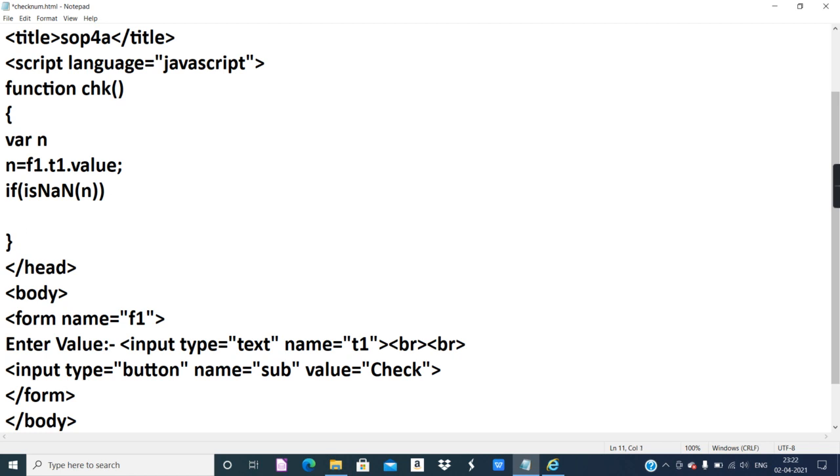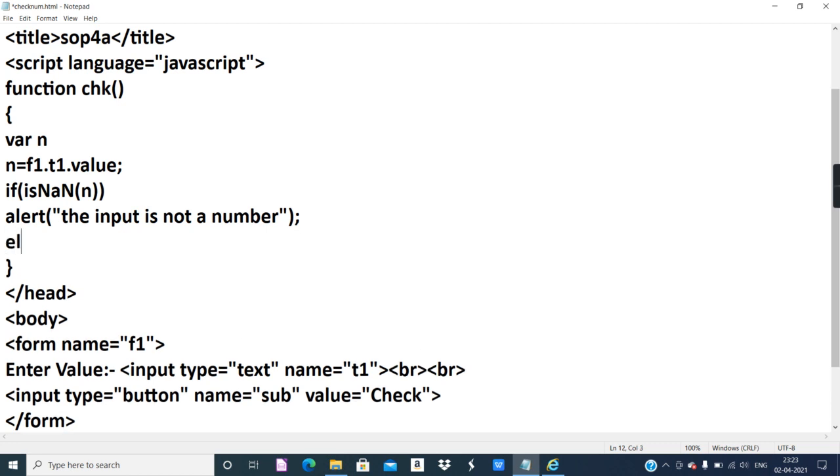no, we will not use the document.write statement. You can use the document.write statement actually, but in the textbook solved example they have used alert. So let's go with alert. Until now we have used document.write a lot of times. You can also use this alert predefined function. So in the dialog box you will get the final outcome. So the outcome, the true part, is: the input is not a number. And at the end I will give a semicolon.